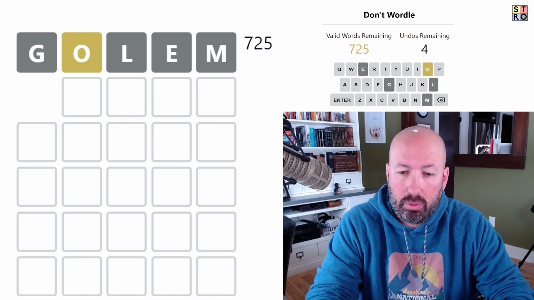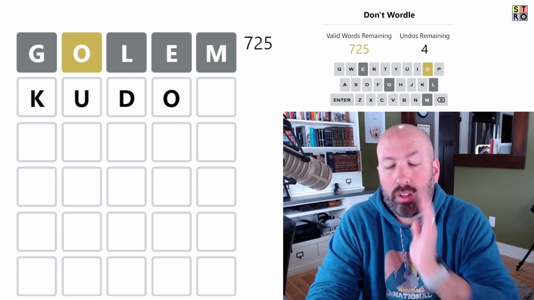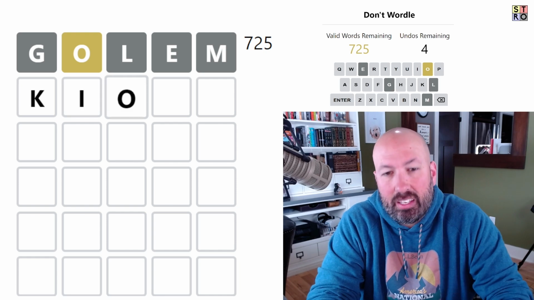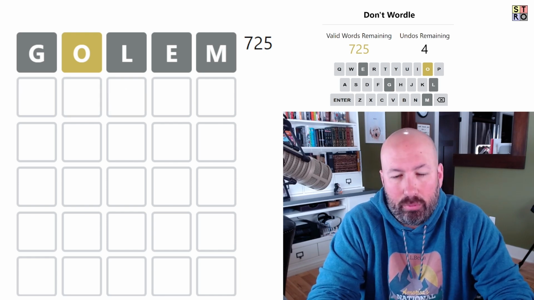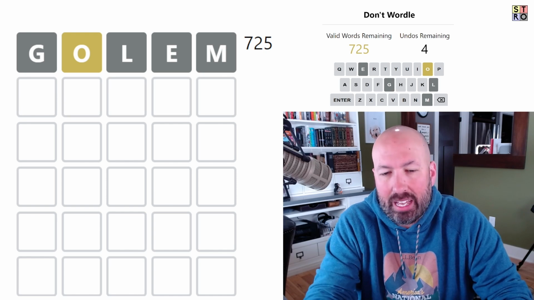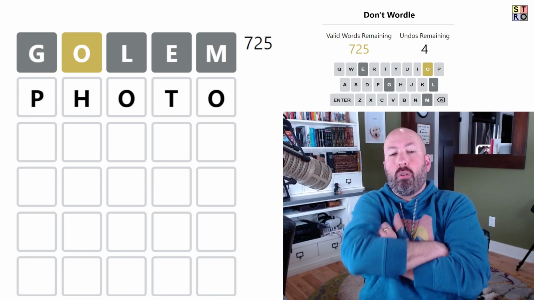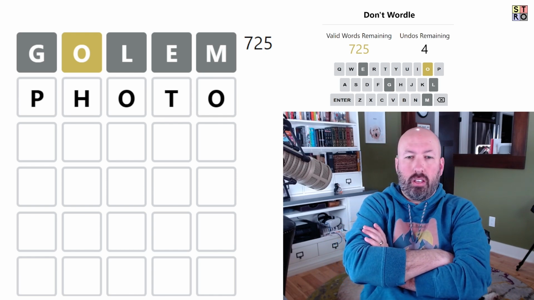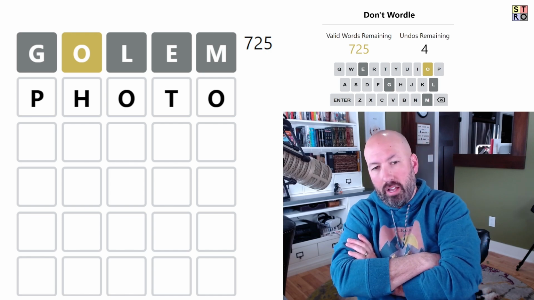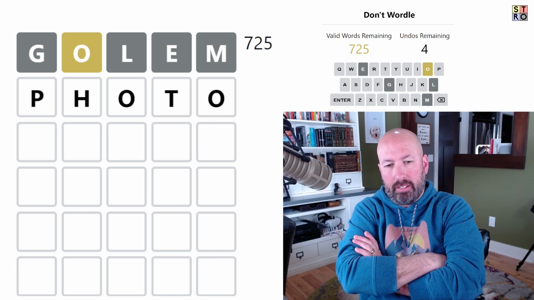We could do kudos. No, that's got the O in the fourth spot. We need it third or fifth. Kiosk wouldn't be bad, but we would be using up the I, and I like doing onion. That's a good one, because it doubles up the N and the I. What about photo? That would do the O in the third and the fifth spots. And then we could do onion next. The only problem with photo is it's some good letters, but...